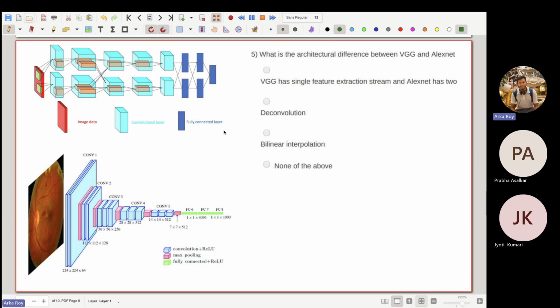Okay. So again, another question based on some memorization trick. This question states: what is the architectural difference between VGG and AlexNet? If you see the original paper of AlexNet, AlexNet was basically trained on,